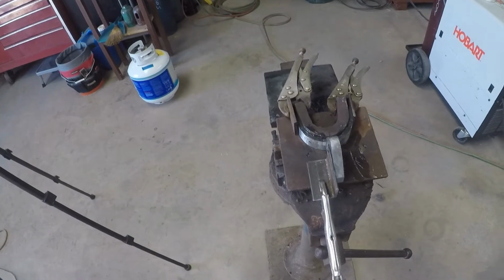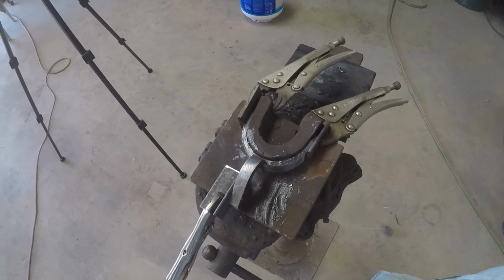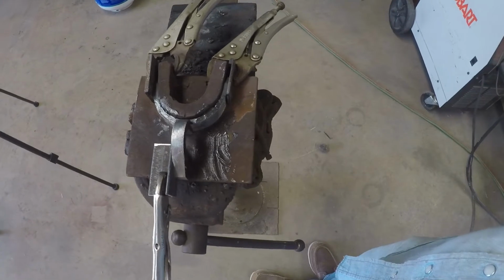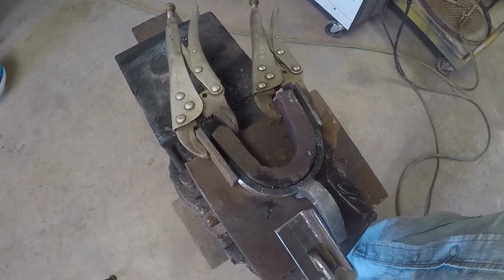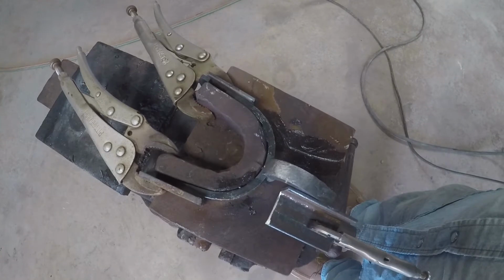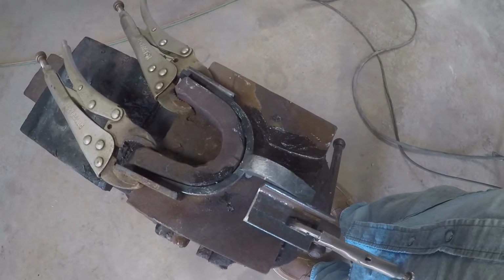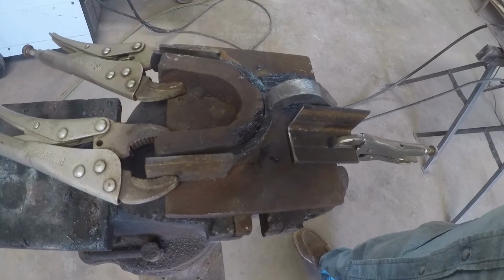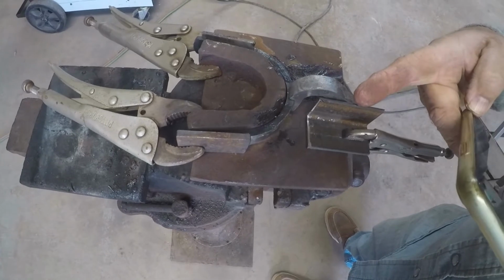Okay, I'm fixing to weld this shank on. I put my jig that you saw earlier when I was bending this band back in my vise, and I've clamped it up at the front here. I've put some shields on there to keep from scarring it, and then I've got a center mark on that. I don't know if you can see it right there, but I make sure that the shank's dead center even though it's bradded on, and I put a piece of angle iron back here, and I'm gonna clamp it right there